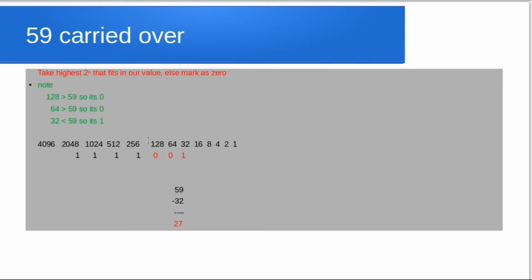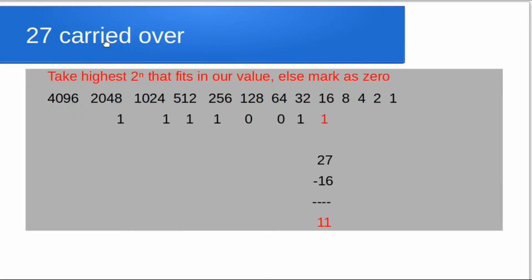And yeah, we are actually using the second part of this rule. Take the highest n that fits into our value, else mark as 0. So we mark these two as 0, and that one is 1, because 32 fits into 59. So you mark it with 1, and then 59 minus 32 gives you 27. So we move to the next one. We carried over the 27,